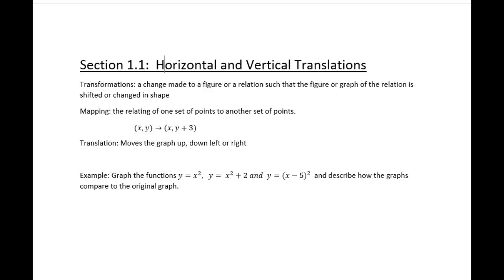Okay, what would be happening to this one right here, this equation? Yeah, since it's a -5, you'd think it'd move left, but it doesn't. It moves the opposite. It moves to the right 5. Okay, so what is that going to affect, your x or your y? Your x. So our equation